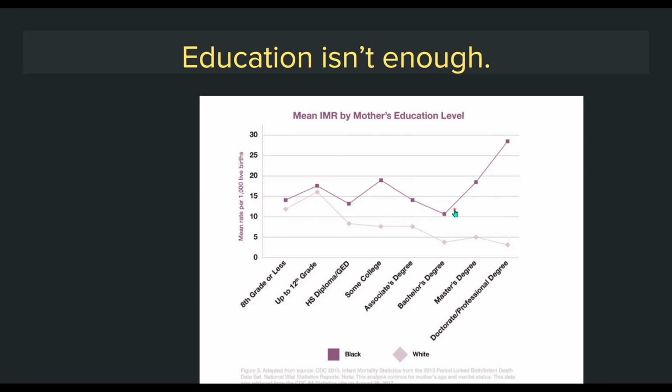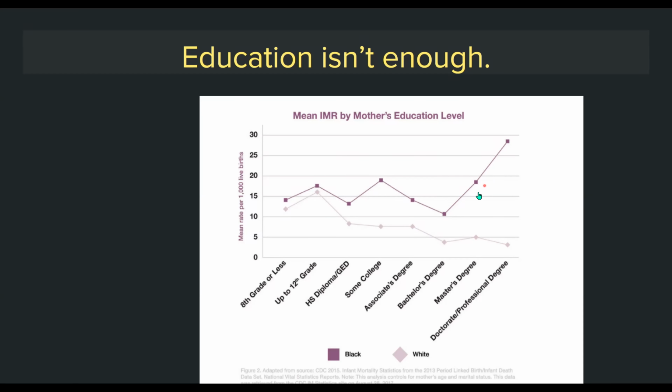And you see there's a difference at every single level of education, but it's greatest as you go higher in the education. Furthermore, you can see that the infant mortality rate after a bachelor's degree, so once you get into a master's or a professional level degree, is the highest